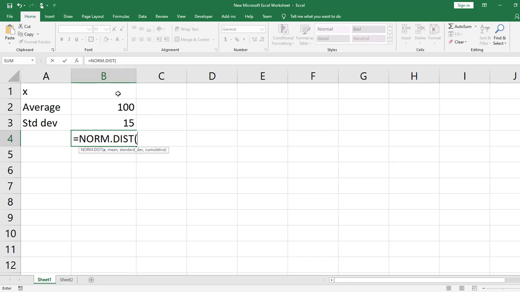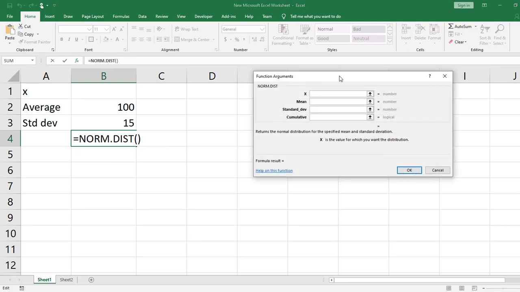And one thing you can always do when you're working with this is hit this FX button in the upper left-hand corner, right next to the function, and it will give you descriptions of what everything is. X is the value for which you want the distribution. I'm just going to hit it right there. It's going to think it's 0. We'll fix it later. Mean is 100, the mean of the distribution, standard deviation 15, and cumulative